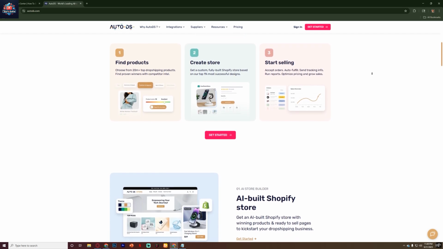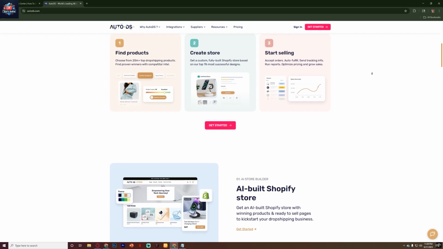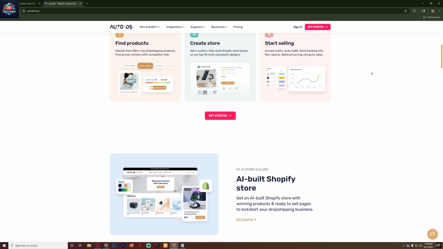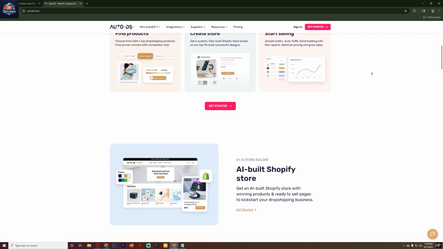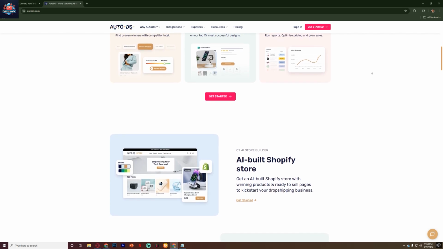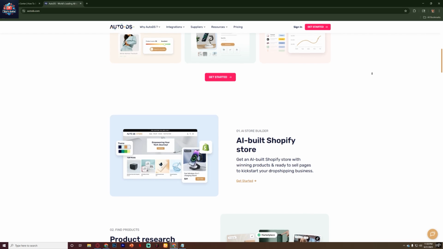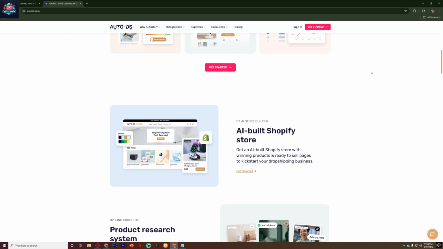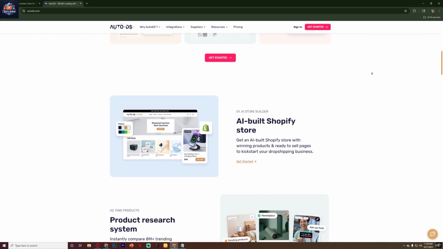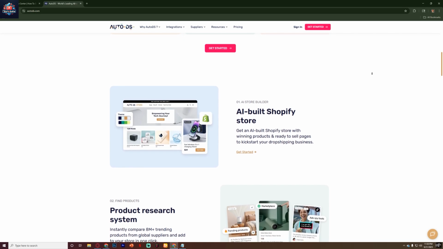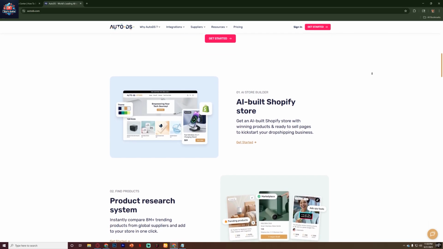Finally, AutoDS has additional features like bulk product importing, AI product optimization, and even customer support automation. All these tools are designed to help you focus less on repetitive tasks and more on scaling your business and marketing your store. So to recap, connect your Shopify store, use the product finder to import items, let AutoDS handle